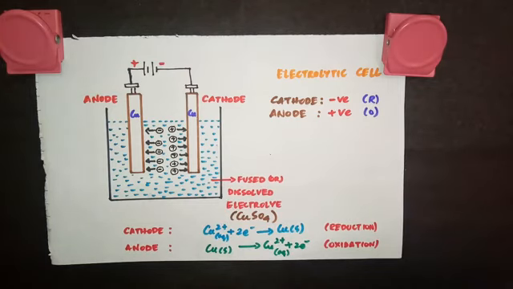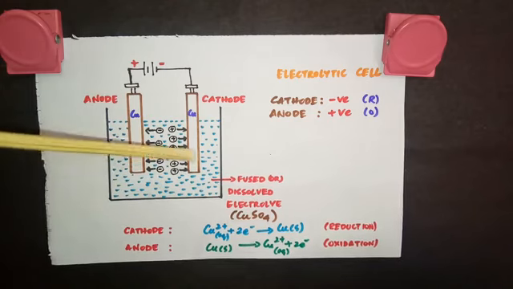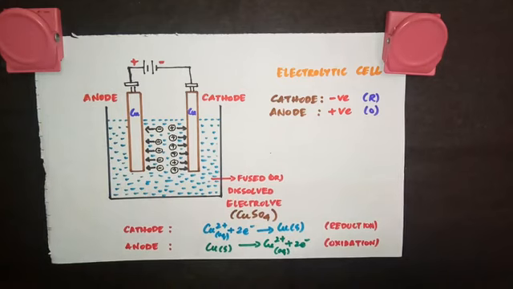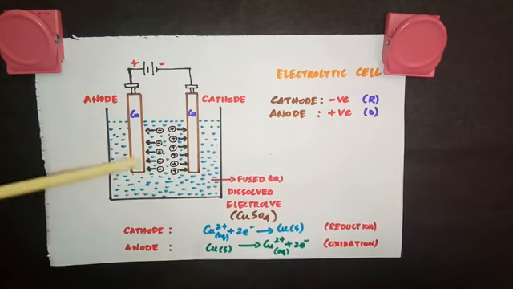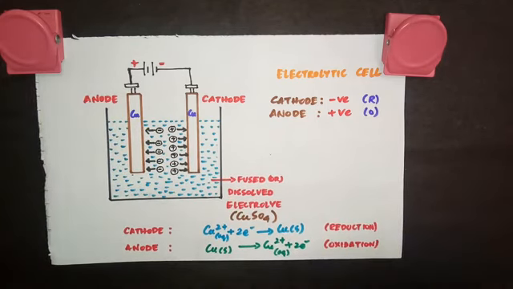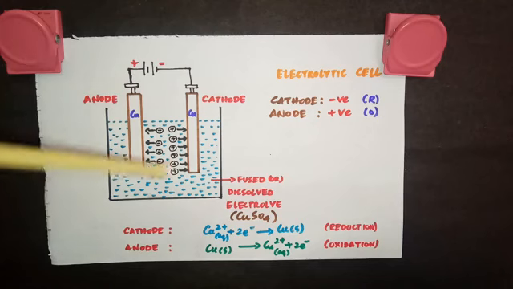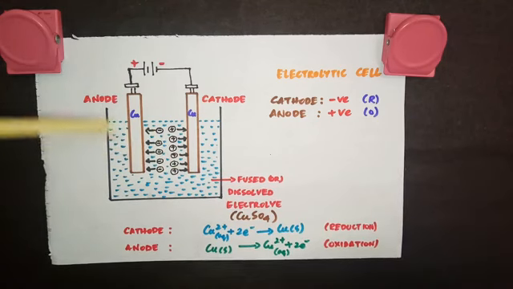And once again, what is electrolysis? Electro means current, lysis means breaking. You are sending current and breaking this electrolyte into its individual ions. Actually, the dissociated ions move to the respective electrodes after the passage of current. So we call this process electrolysis. As a result of this electrolysis, we are getting some products at the anode or the cathode, and those products are called products of electrolysis.